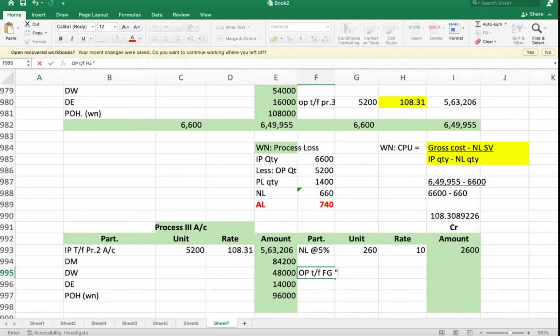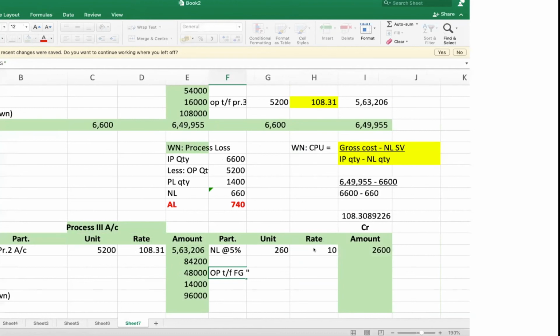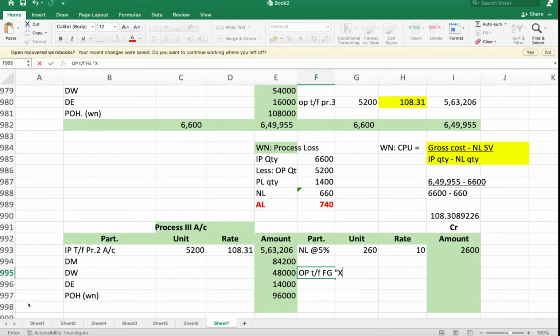4,800 units, sir, product Z. Product Z or product X? Kindly refer. Which one is a byproduct then? Product Z is the byproduct and product X is the main product. Therefore, here finished goods is X only. Am I right or not? The byproduct is Z. So we are getting a byproduct also. And the finished goods of this particular process is called X.